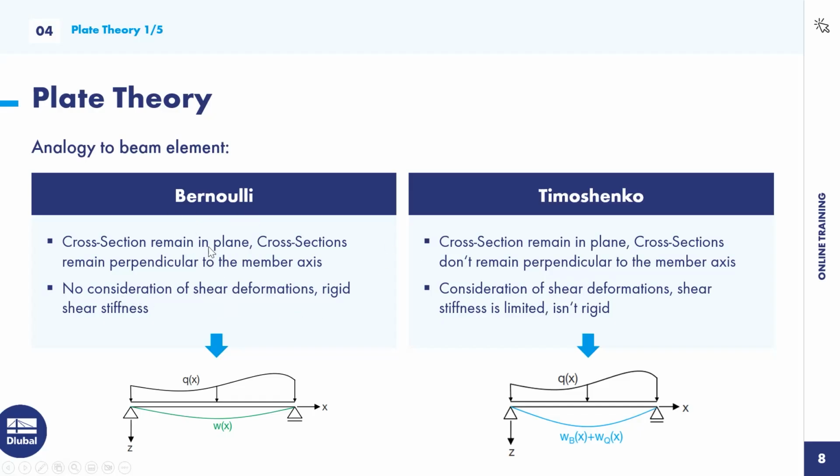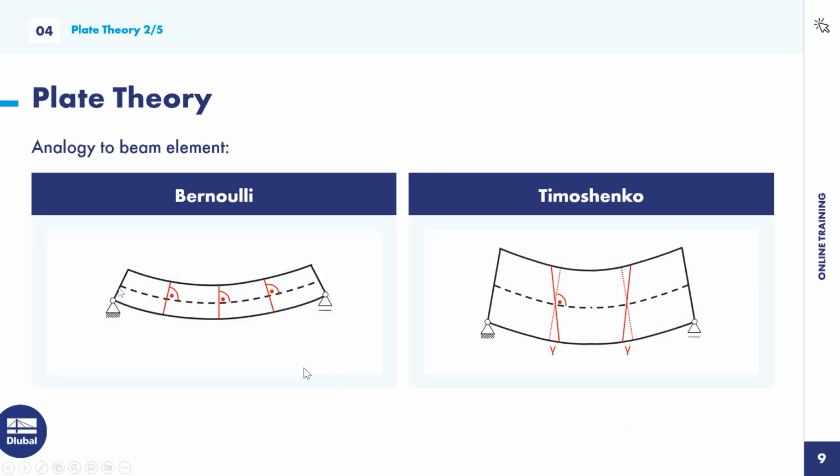For the Bernoulli beam, we just don't care about the shear deformations, and it's just rigid for shear forces. For the Timoshenko beam, on the other hand, we will have an influence of the shear deformations. That means we won't only have this bending deformation, but we will also have an amount of shear deformation that's just added. And here is what I said with this